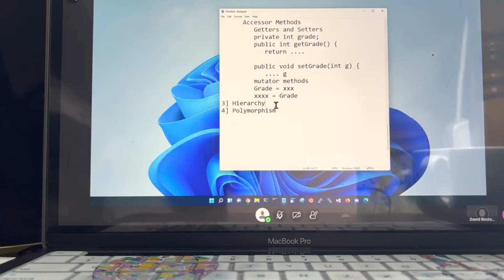Now, hierarchy has really two major things that we want to have. One is what we call an is a relationship, and the second is something we call a has a relationship. We think of an is a relationship as being what we would think of in a programming language as inheritance.